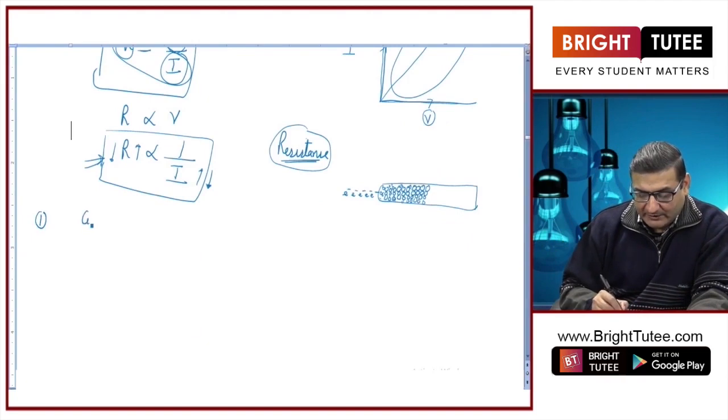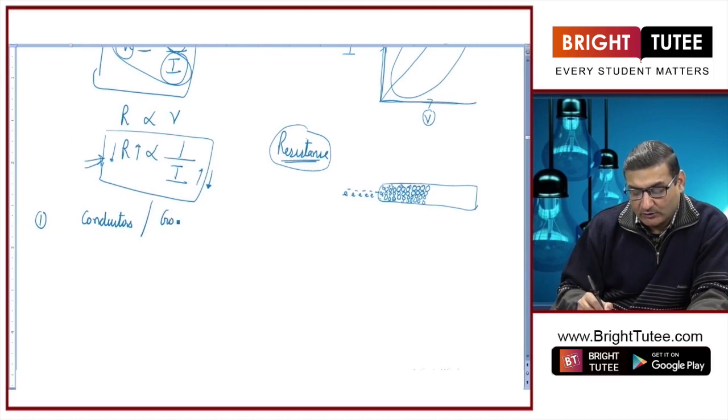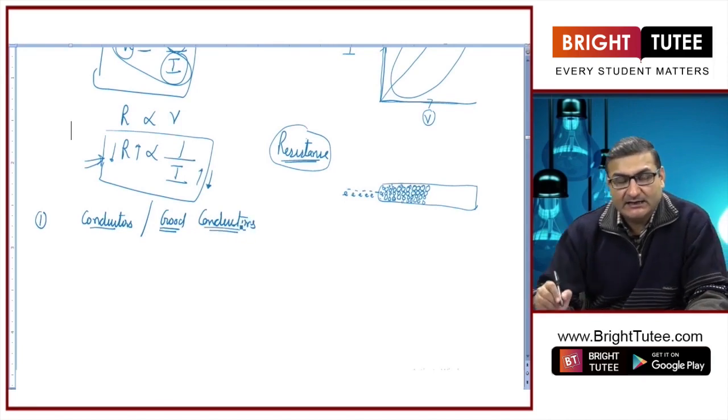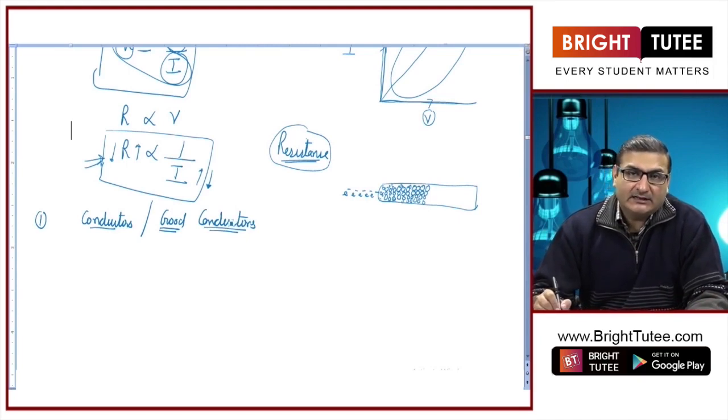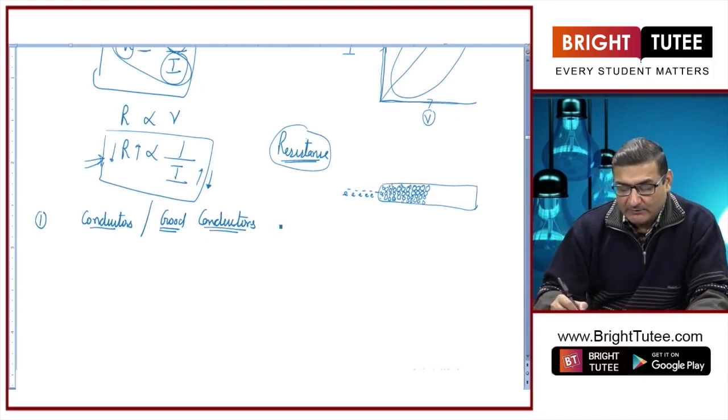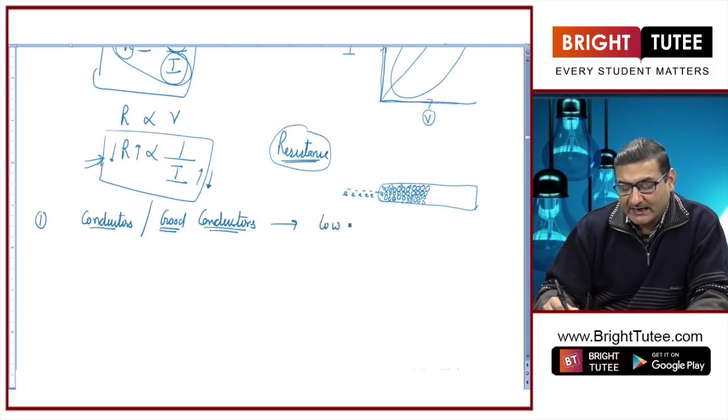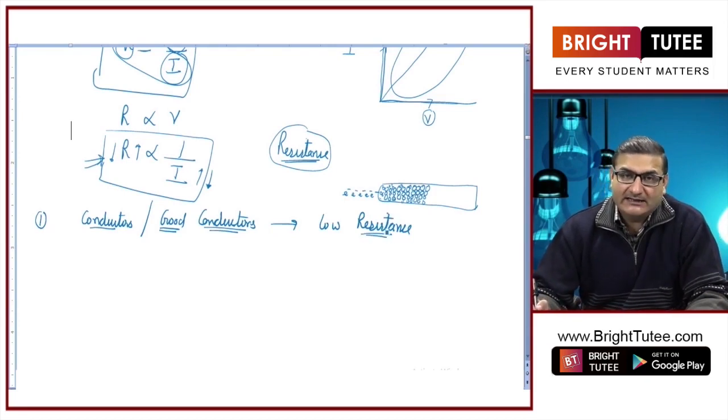First of all, we call some substances conductors or good conductors of electric current. These good conductors conduct electricity, which means they allow the electric current to pass through them. And why do they allow it? Because these good conductors have very low resistance. Since the resistance is low, the current can easily pass through them, and therefore they are called good conductors